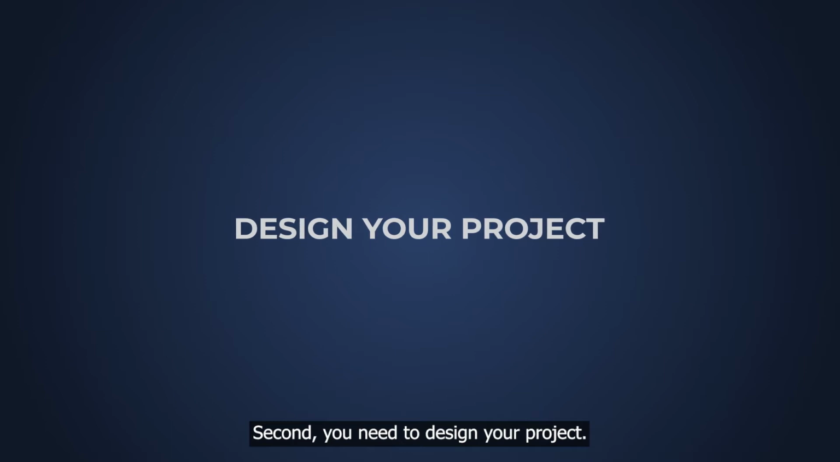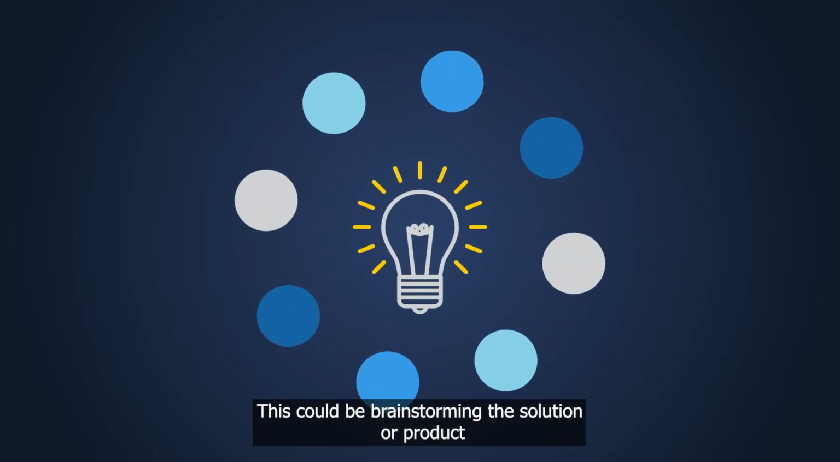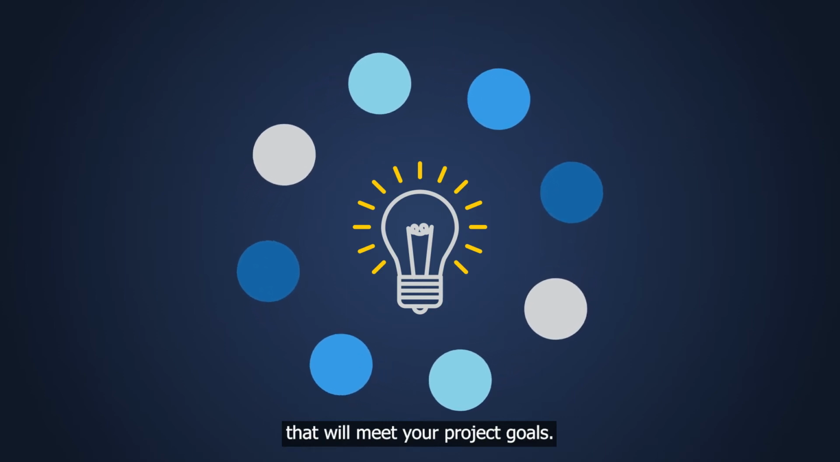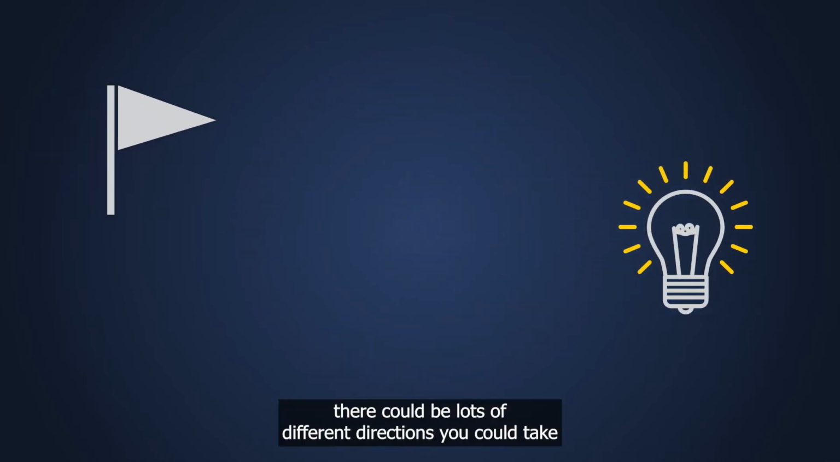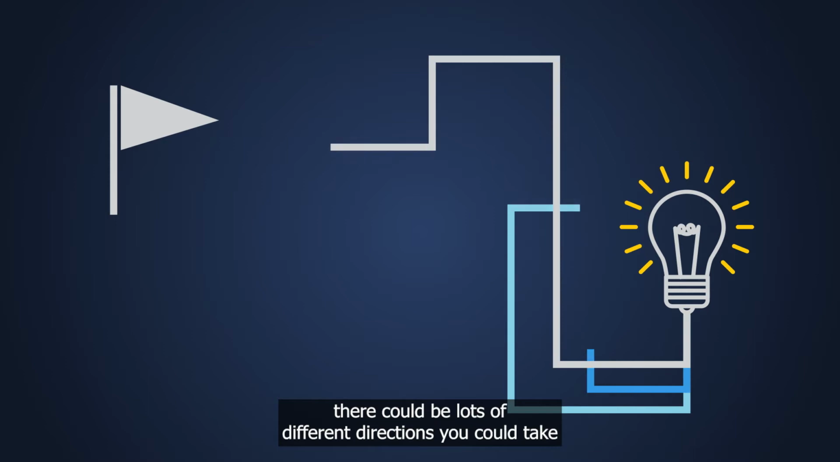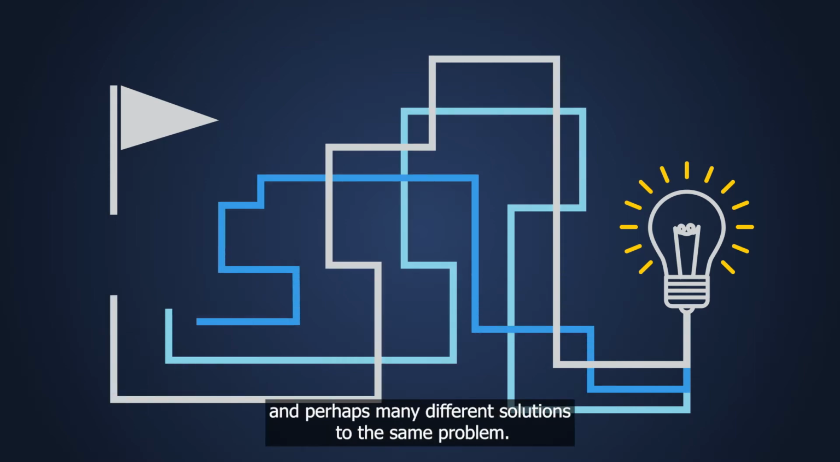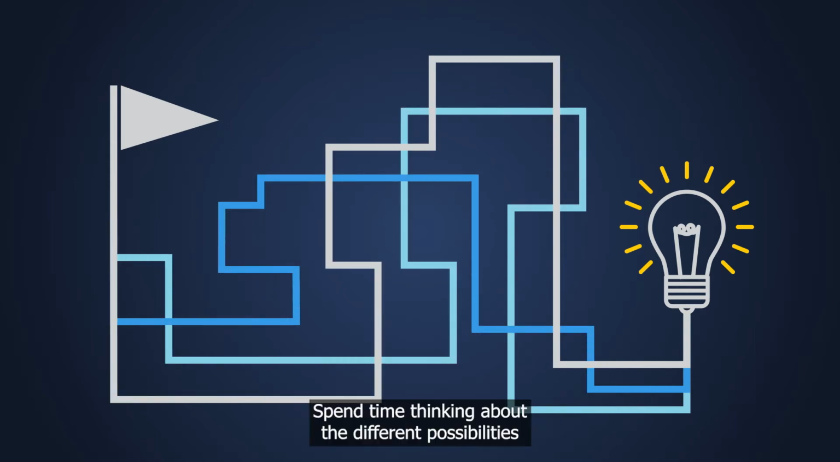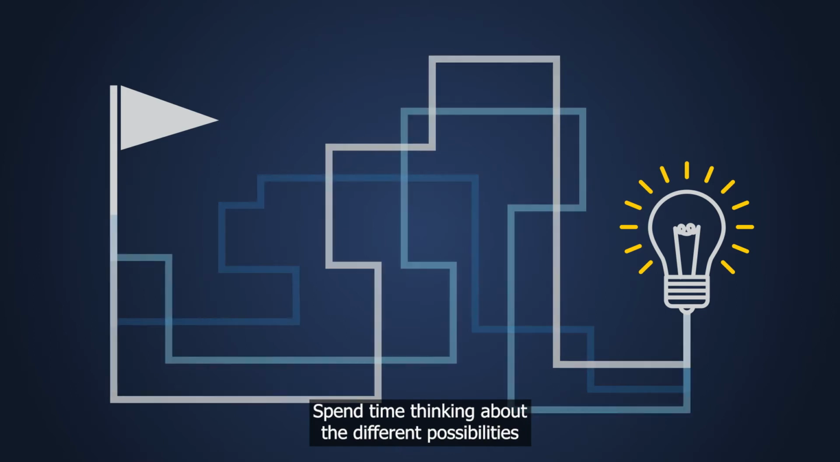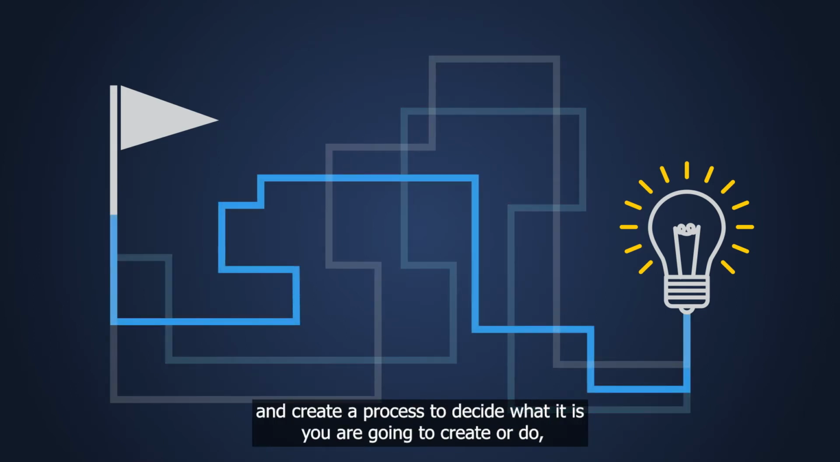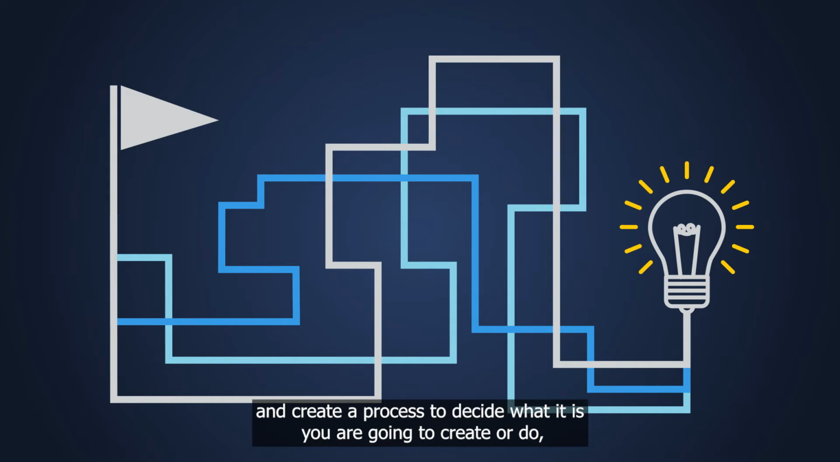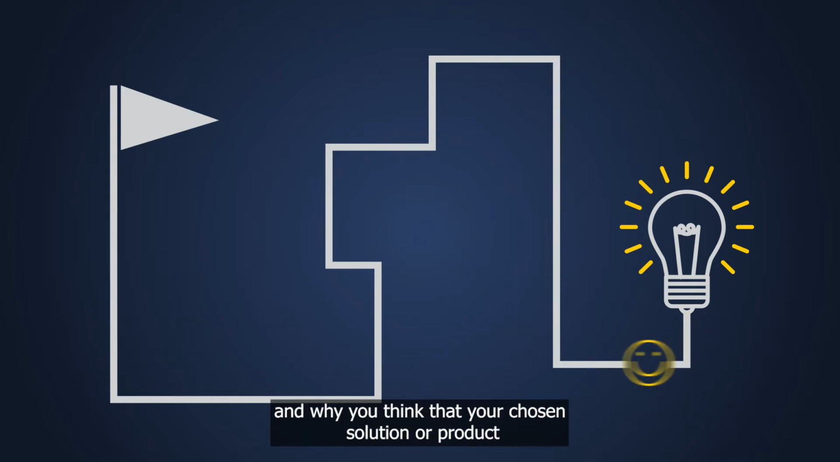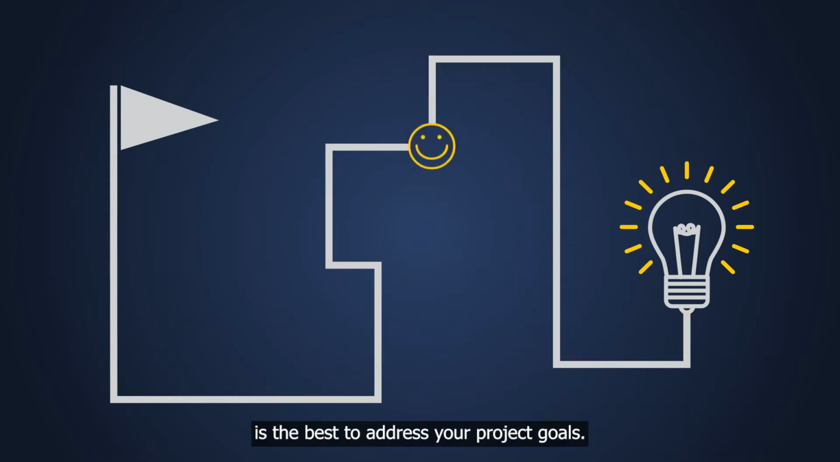Second, you need to design your project. This could be brainstorming the solution or product that will meet your project goals. For any project, there could be lots of different directions you could take, and perhaps many different solutions to the same problem. Spend time thinking about the different possibilities and create a process to decide what it is you are going to create or do, and why you think that your chosen solution or product is the best to address